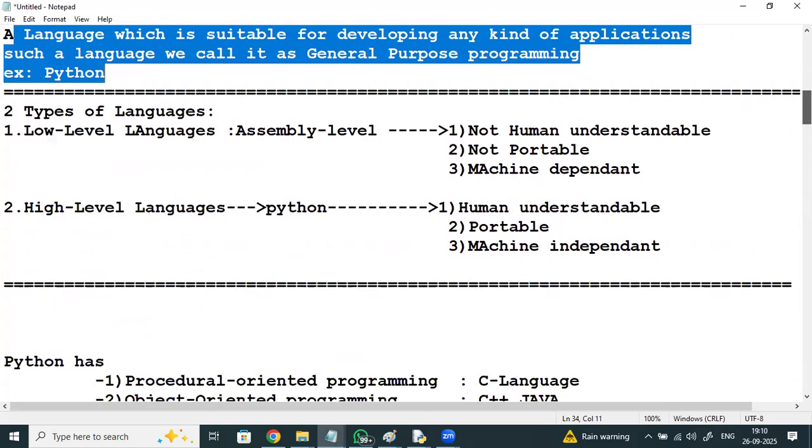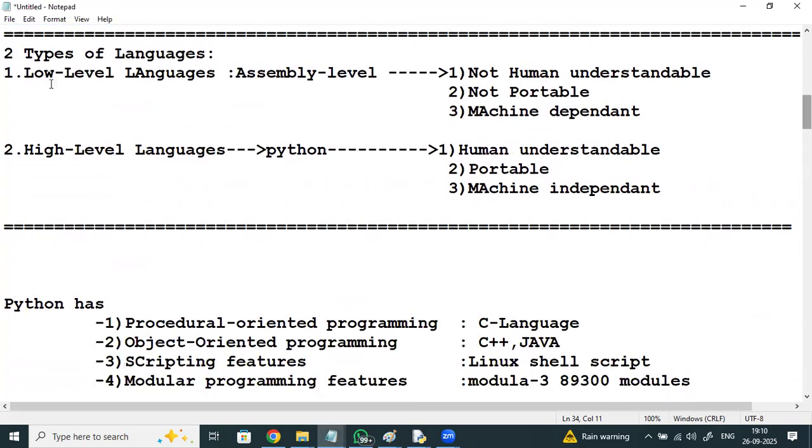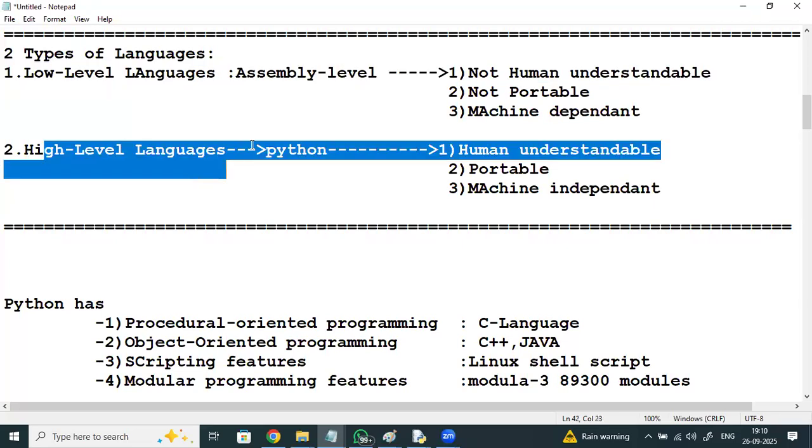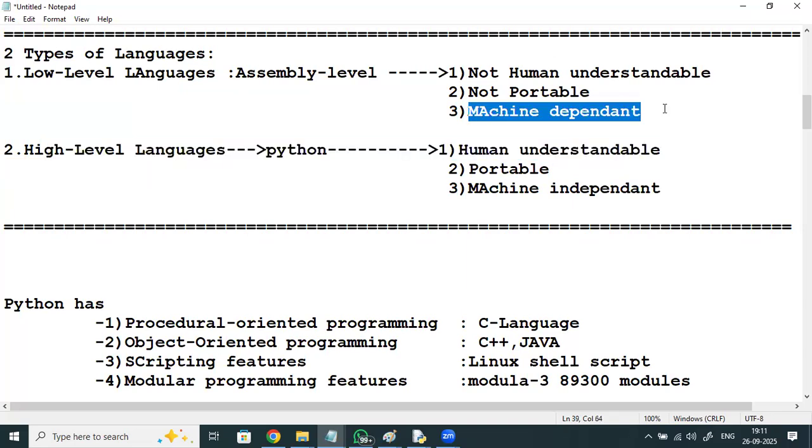So I said there are two types of languages, low level languages and high level languages. Low level languages are not human understandable, not portable, and machine dependent. They cannot run on all the hardware and all the operating systems.